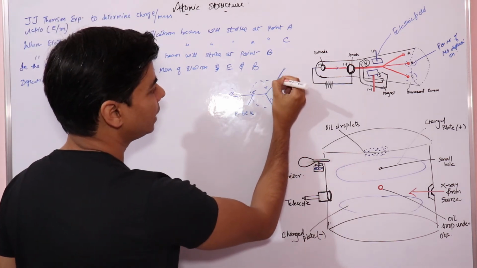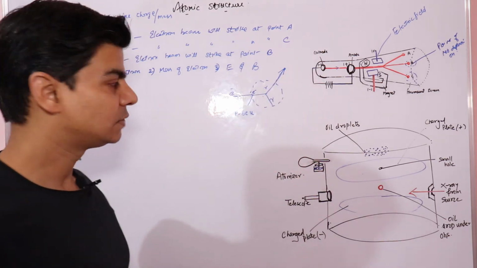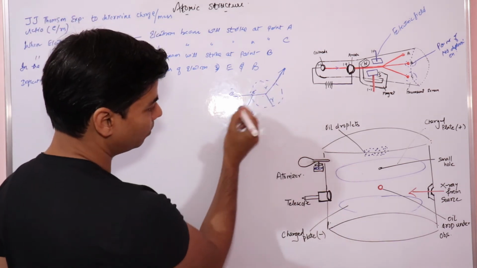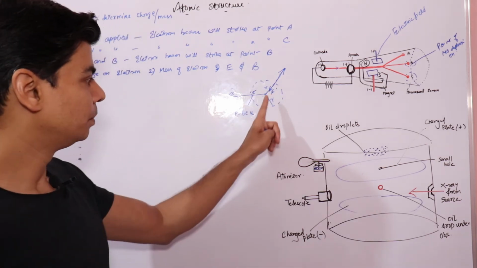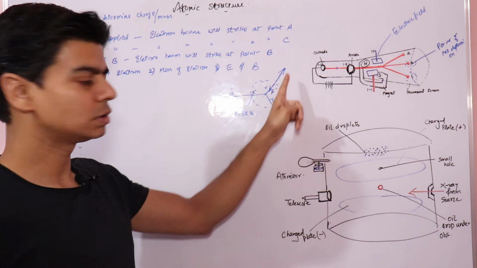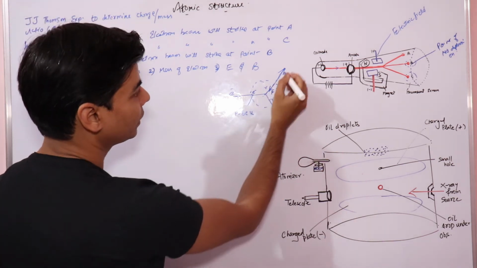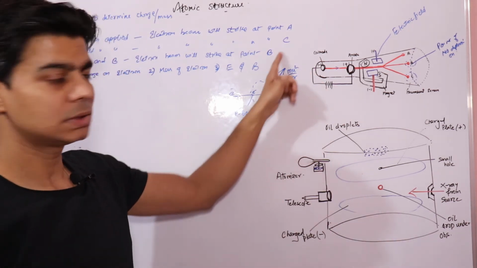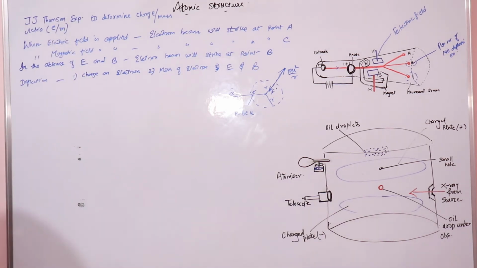So it will be acted on by a centrifugal force which will act outside this circle, so as to balance this magnetic force. So this centrifugal force would be equal and opposite to the force due to the magnetic field. And we know that this is mu square upon r. Centrifugal force is mu square upon r. These concepts are from physics, so make sure you understand these concepts.